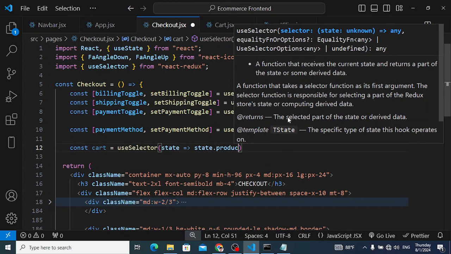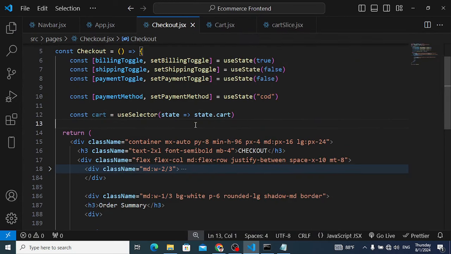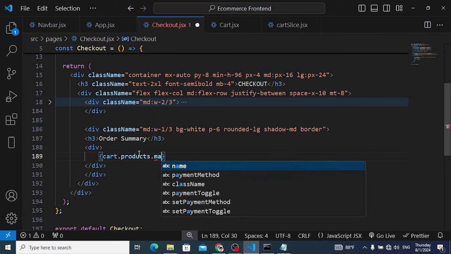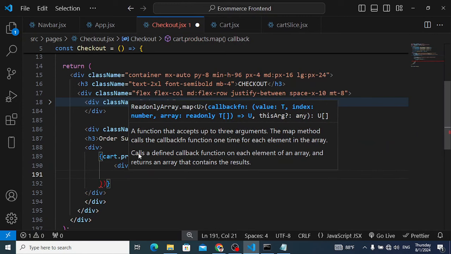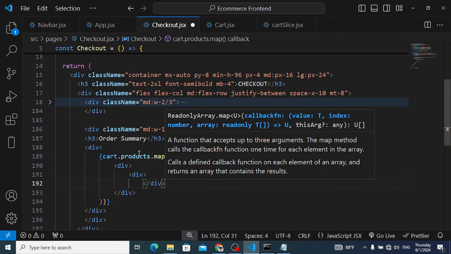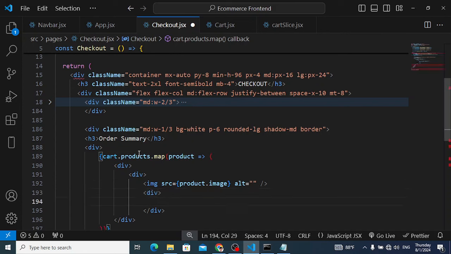const cart is equal to useSelector, product. It means cart, yeah, state dot cart, or just cart. cart dot products dot map, product, in div elements. To display the image, product dot image. Down from that we will have a div element,